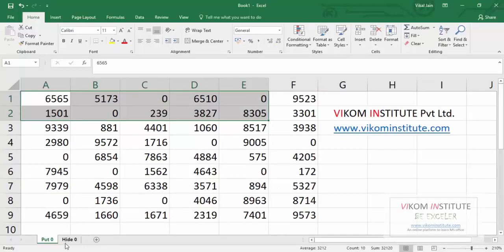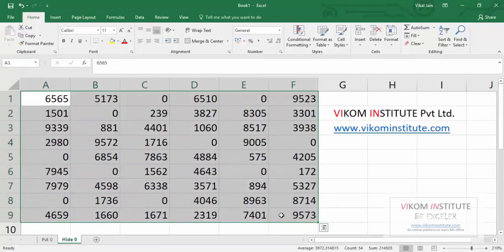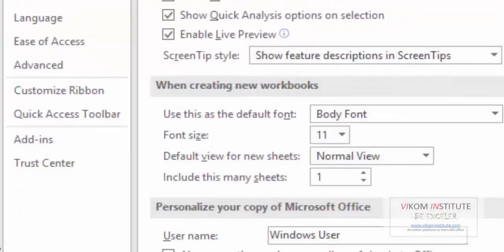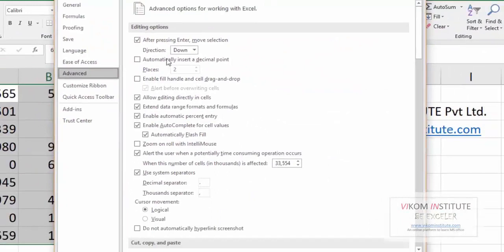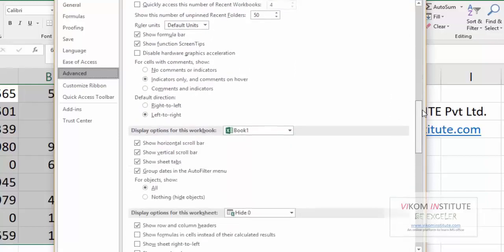Now we are going to hide our 0. So select the data, just go to File, Options. In the Options tab you have to click on Advanced. Now just go a little bit down